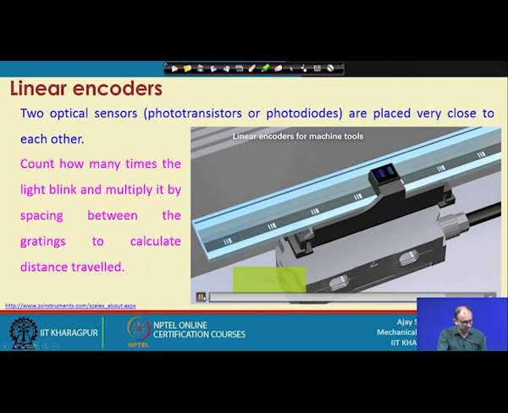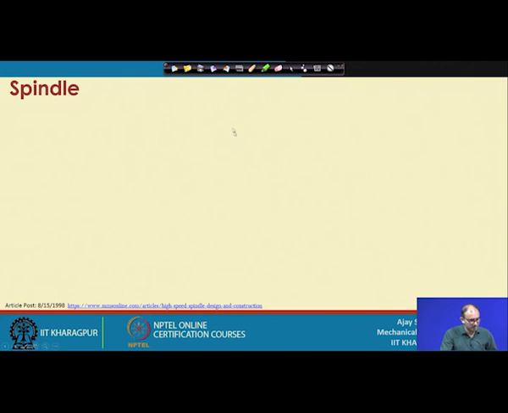So, that is okay now, this much is enough for this part. Now, coming to the spindle. So, how does this work? It is better that we cover this in the next class, because this is a very big topic, we will start from the next class. Thank you very much.